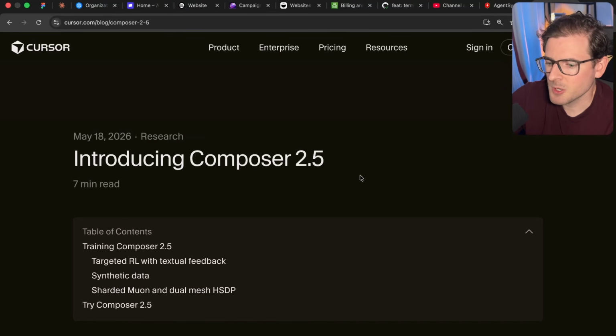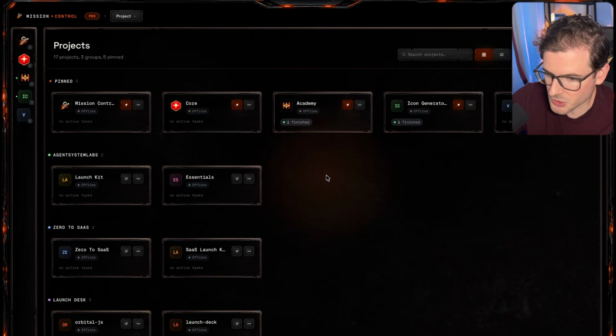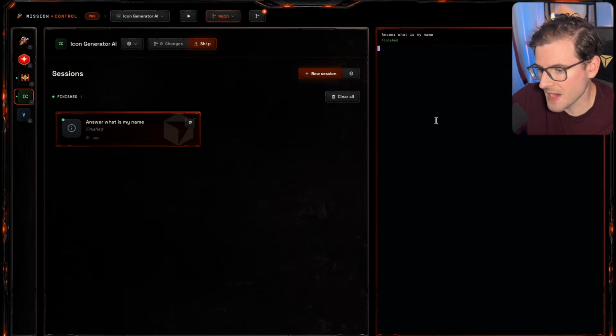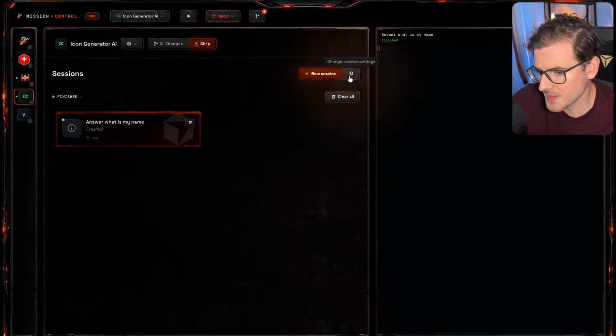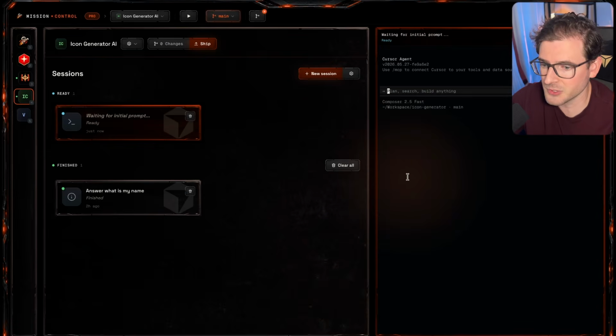So about a week ago, Composer 2.5 came out, and I wanted to give you my opinions on using it. I've been building with it off and on for adding features to Mission Control and also kicking it off for doing refactorings on my existing projects. Over here in Mission Control, I do have Cursor CLI as an option, and I will default to Composer